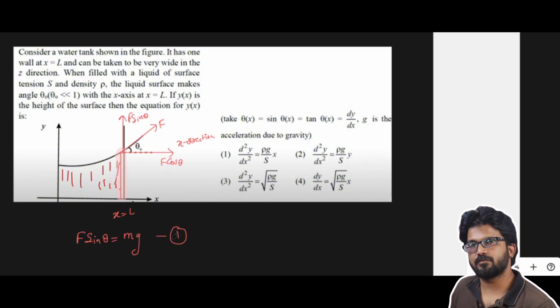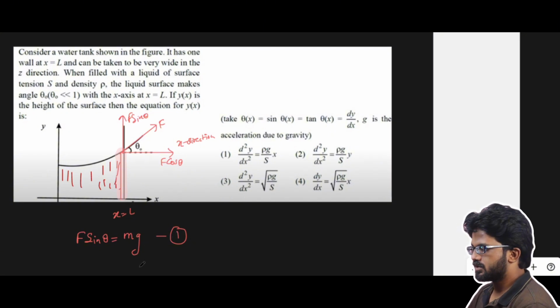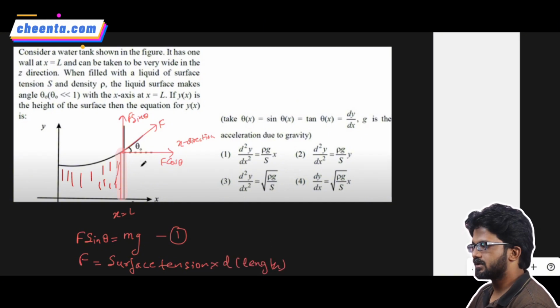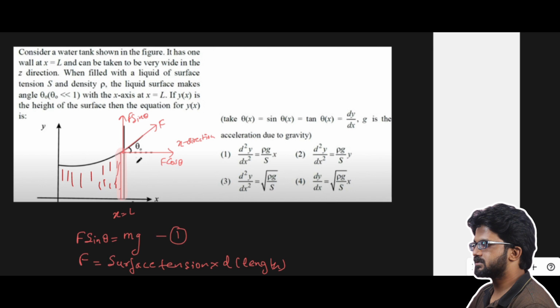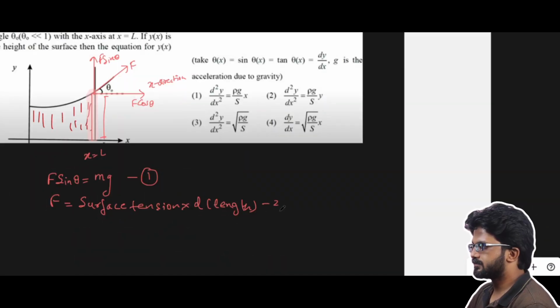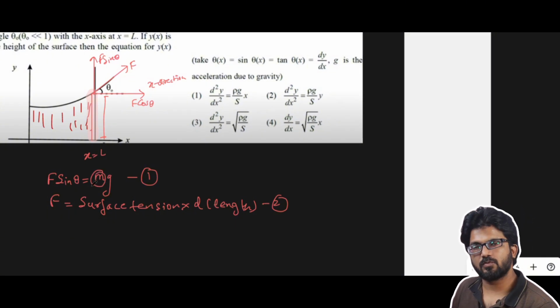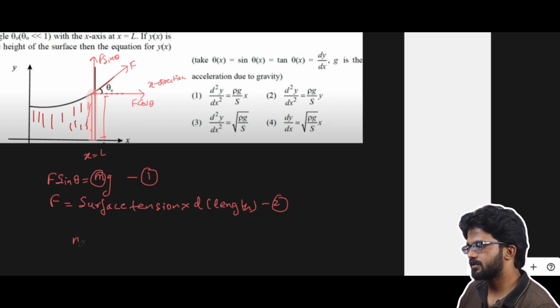The second equation is the force and the surface tension, which is equivalent to the force F acting on the wall, the surface tension times the length, that is the depth of the plate. So these are the two equations. Now we need to find this mass m over the entire volume, and for that we need the mass with respect to the volume. Density is equal to mass upon volume, so mass is equal to density times the volume